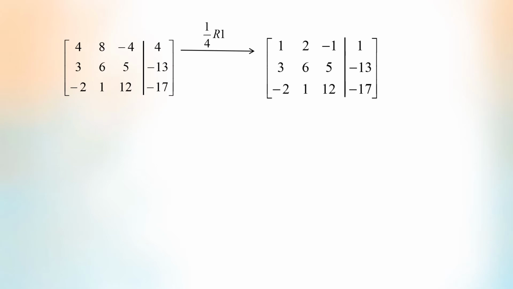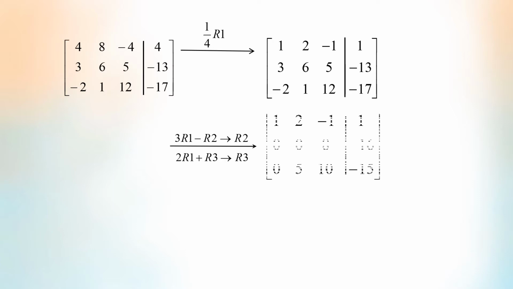To reduce the augmented matrix into row echelon form, we first divide row 1 by 4, so that the top left-hand corner is 1. Next, we need to obtain zeros below the leading entry 1. This can be done by multiplying row 1 by 3 and subtracting row 2 from the product to produce a new row 2. And for the third row, multiply row 1 by 2 and add the product to row 3 to produce a new row 3. And we have